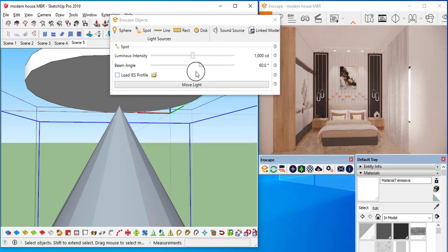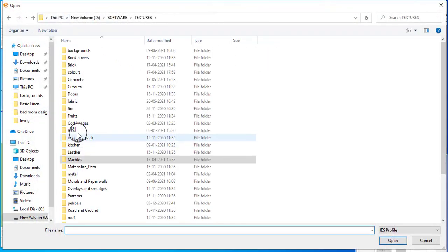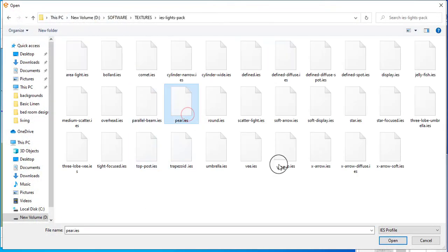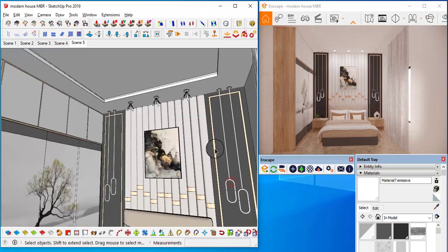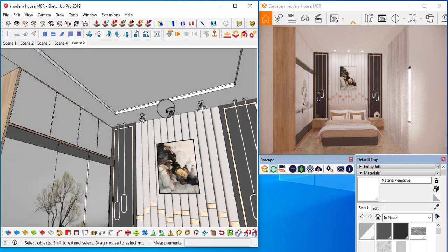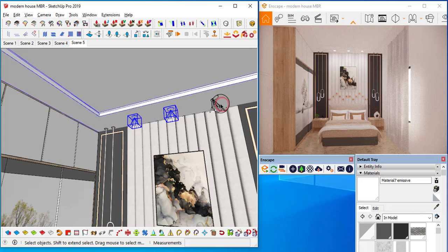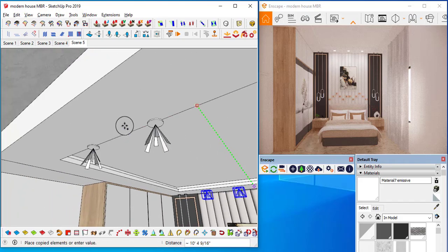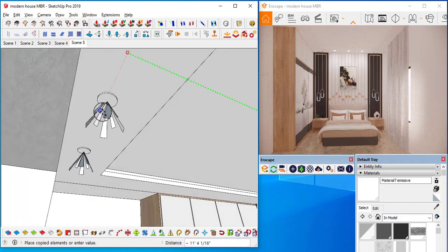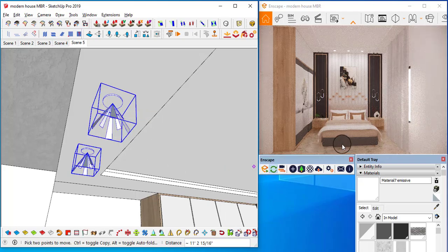Select this and use a light pack here. With this one I can get some lighting inside the scene. Now I can adjust these lights wherever I want. To fill the lights, I select this, M with Control over here on the opposite side of the room.